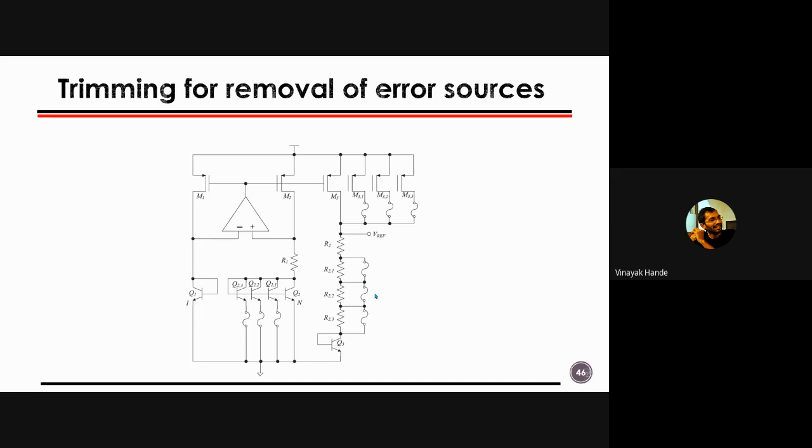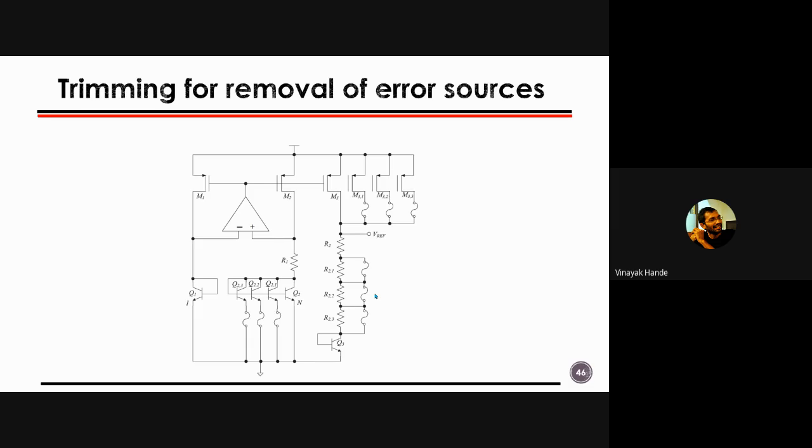All right. And these circuits are not very common in the industry, because in SOC it is not at all common. If you have an individual reference IC or individual LDO IC where you are using this band gap based voltage reference, then it is quite common. And if you have a bigger circuit where band gap is one part of that circuit, then generally people don't go for trimming, because once you say that my band gap based voltage reference needs trimming, then you have to trim each and every IC,